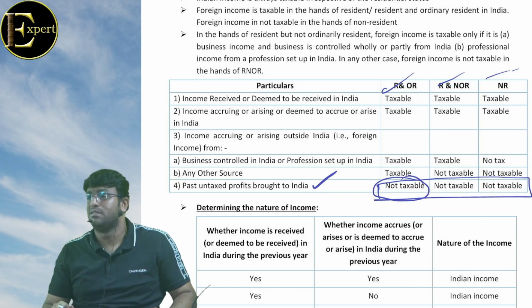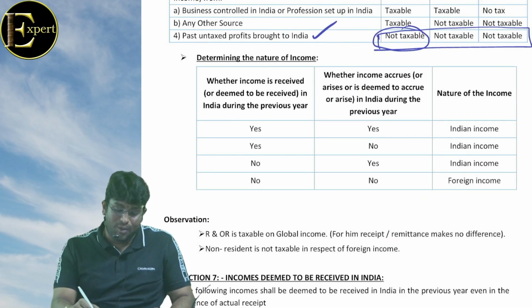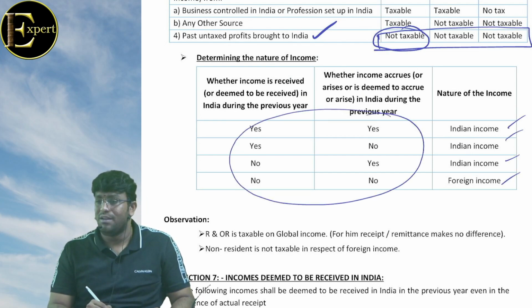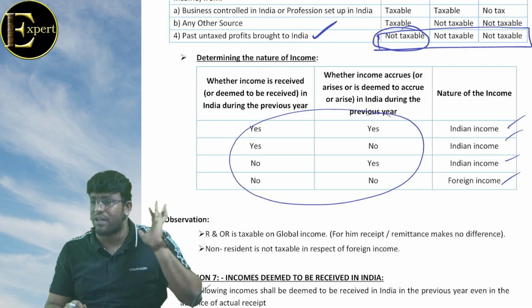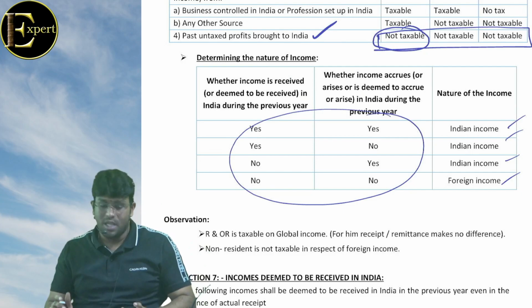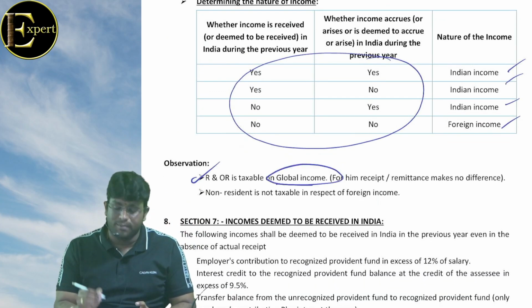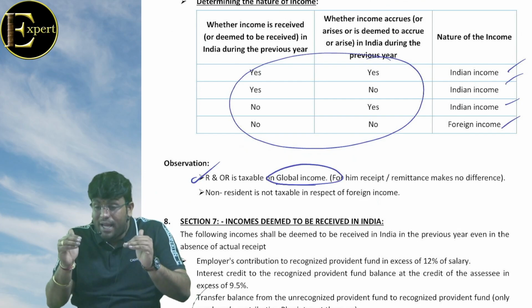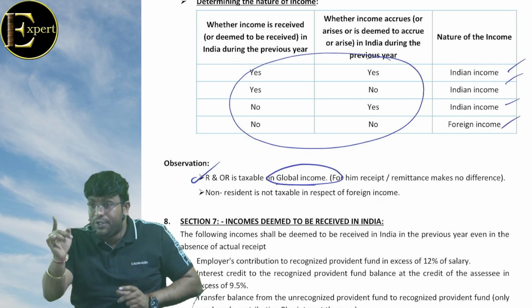समझ रहे क्या बेटा दोस्तों? नेक्स्ट, ये तो हम समझ गए। इंडियन इनकम, इंडियन इनकम, इंडियन इनकम, फॉरेन इनकम। अरे सिंपल, accrued receipt दोनों बाहर है तो फॉरेन इनकम, दोनों में से एक भी इंडिया में तो इंडियन इनकम, दोनों भी इंडिया में तो इंडियन इनकम। और ROR भाई साहब को ग्लोबल इनकम। गवर्नमेंट बोल रहा है तू हमारा आदमी है, तू जिधर भी जाएगा हम तेरे पीछे पीछे आएंगे. Wherever you go, tax will follow.